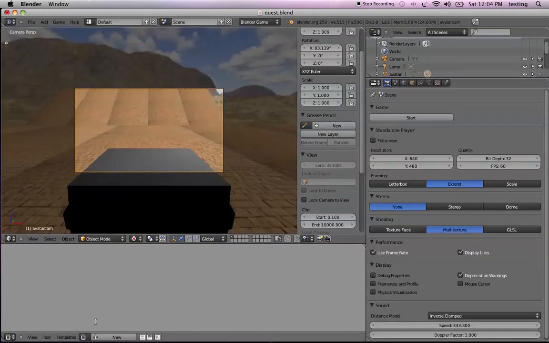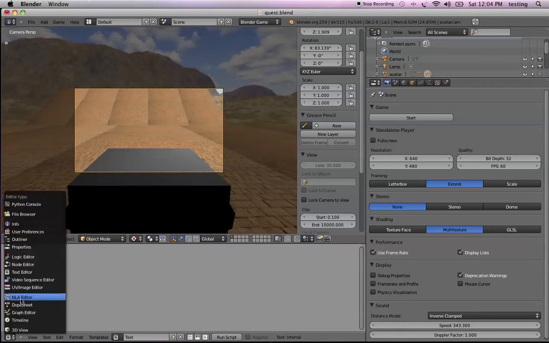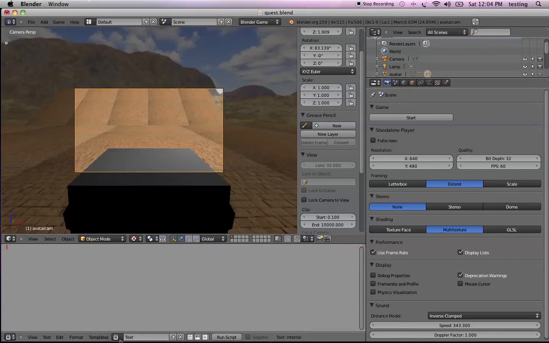Last thing we should do is create a credits text file here. So I'm in the text editor window. Right here it's text editor. And I clicked on plus, and I'm going to call this credits.txt. And up here I'm going to call this the Simple Quest Game, author Tim Hickey, date 9/23/2011, license, I'll say